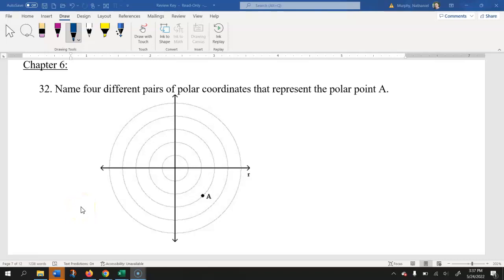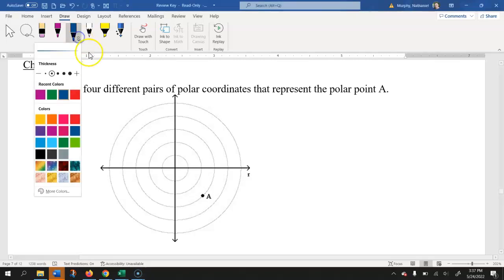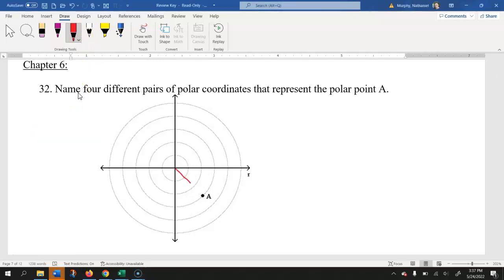All right, in this video, we're going to be looking at Chapter 6. Let's start right in here with number 32. So for this one, they're asking us to name 4 different pairs of polar coordinates that represent the polar point A. Now, they didn't give us a coordinate for A or tell us where the exact location is, so we can assume that this point is at, if we go all the way around the unit circle, we can think